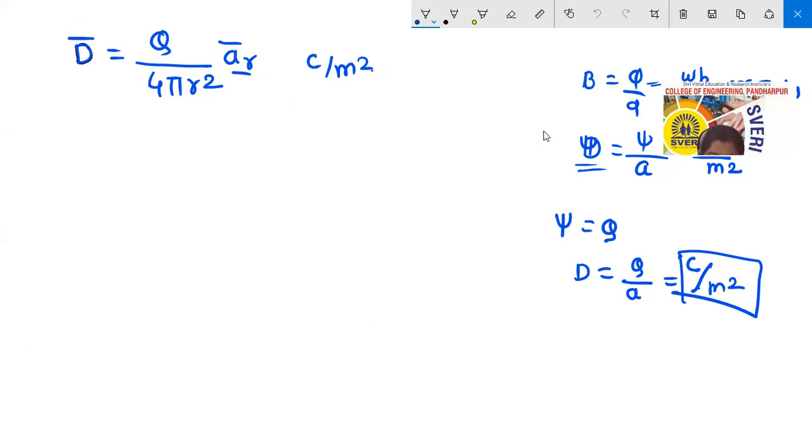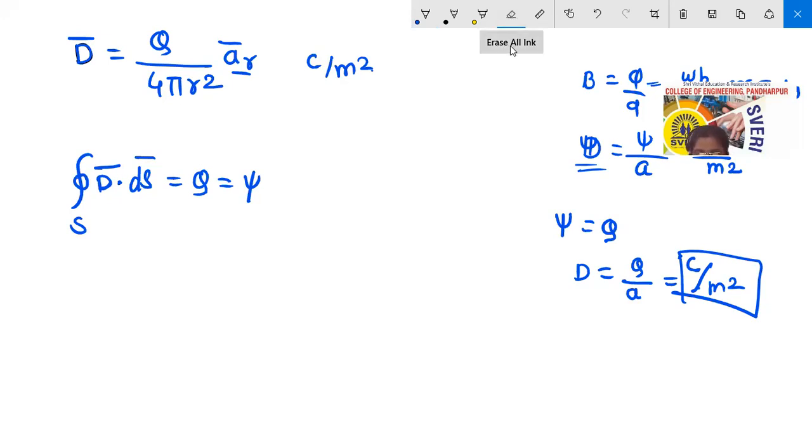Okay, I'll tell you that integral form. That is the closed surface integral of that D bar, the normal component or perpendicular component of this electric flux density over a closed surface, is equal to the charge enclosed by that surface. So this closed surface integral of D bar dot dS bar is equal to Q, and it is equal to psi. This is the integral form of your Gauss law. Then we have seen the applications of Gauss law. So in applications, when we are considering the point charge, what can be the equation?